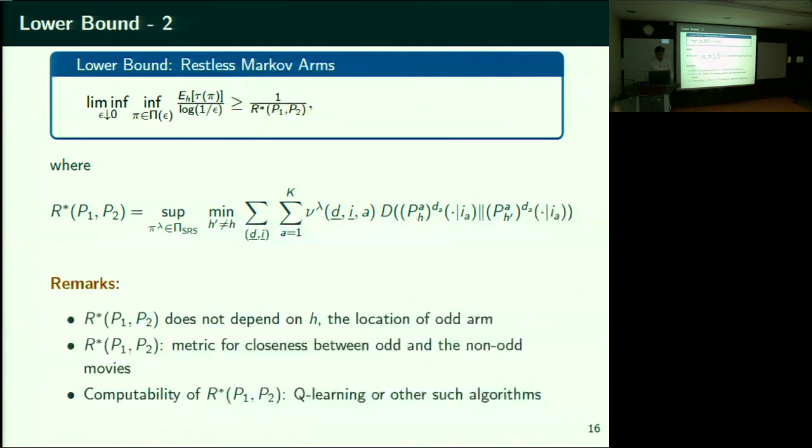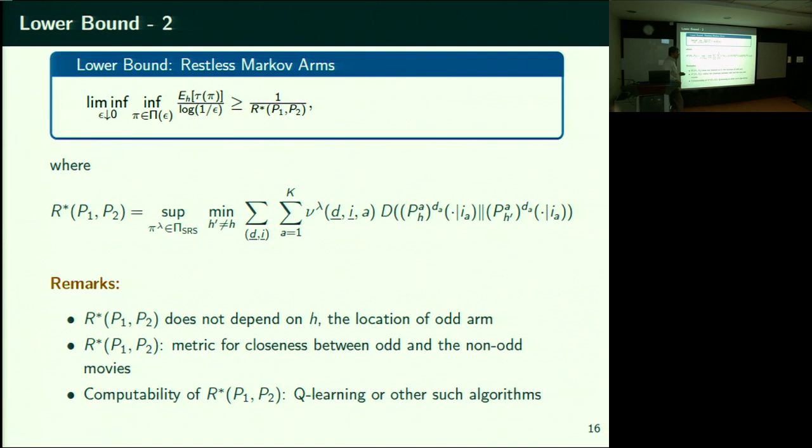Okay, fine. So notice that your R star doesn't depend on the movie location. This is looking only at pi lambda, which forgets the history. There may be a better policy that looks at the entire history. So is it possible? So there is the parameter eta. As of now I am restricting attention only to SRS policies. SRS itself forgets the history. The current arm BT is going to be only a function of what the current state of the system is. That is in this optimization problem.